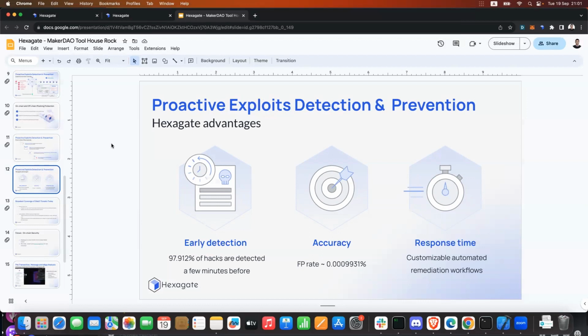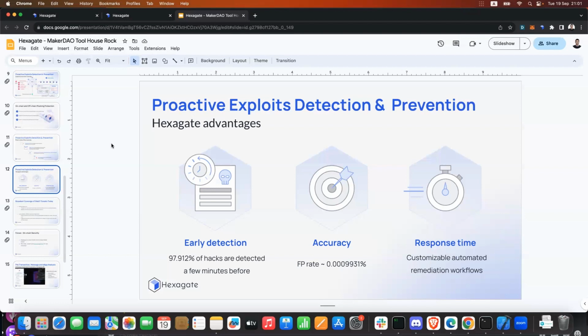We have been monitoring hundreds or thousands of hacks, even $100 type of hacks that happen, just an unknown token on BNB, and even the biggest ones for hundreds of millions of dollars, for example, the Euler one and others. And we've been working very hard to improve our early detection capabilities.